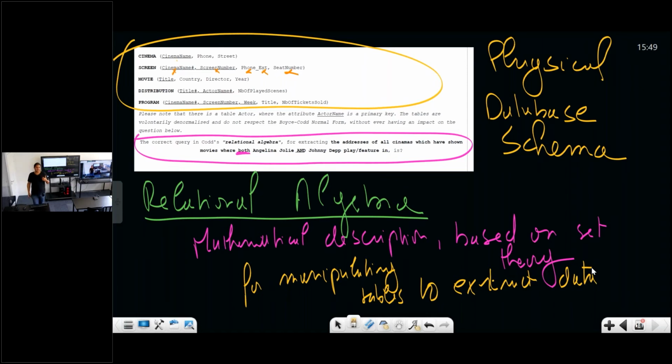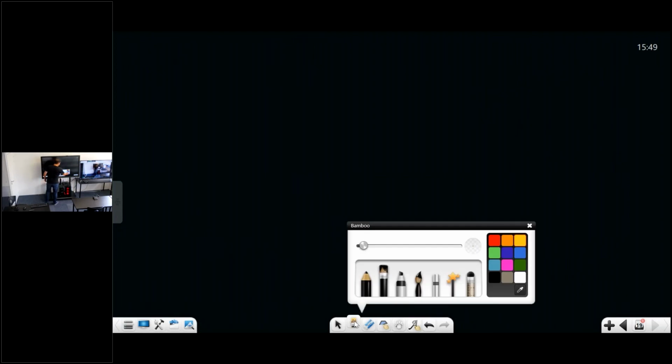When you write a SQL query, behind the scenes, the syntax of SQL is transformed and understood into a series of relational algebra operations. These operations are very, very simple. You have